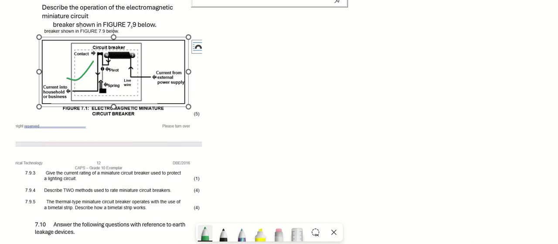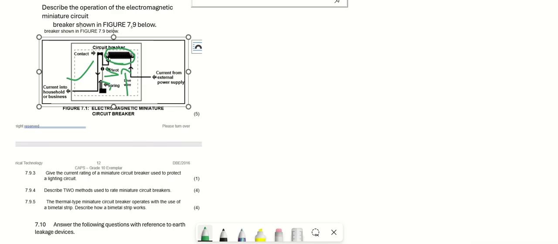The magnetic coil produces a strong magnetic force. This force pulls the pivot arm, meaning it takes it up, opening the contact.